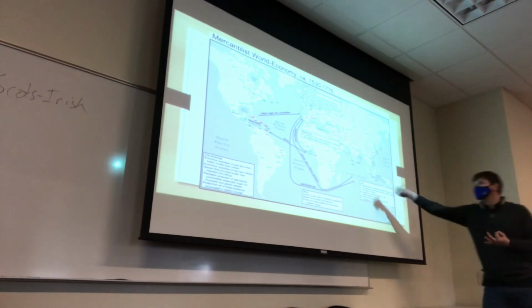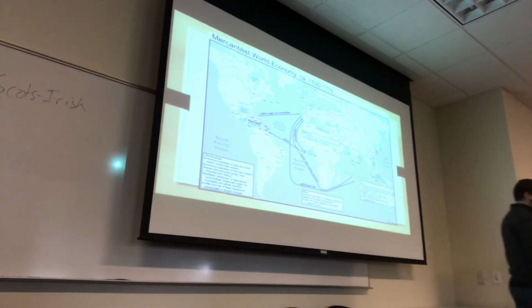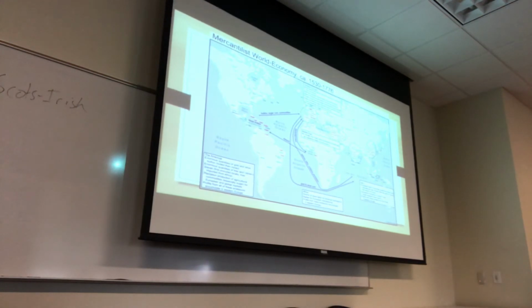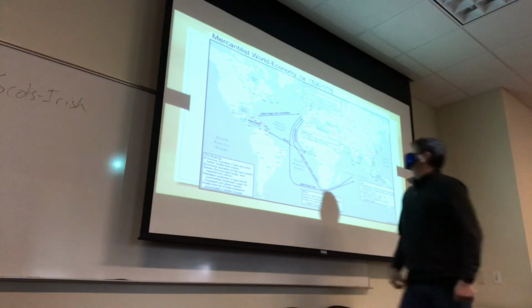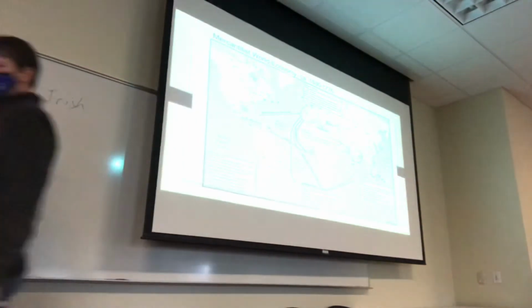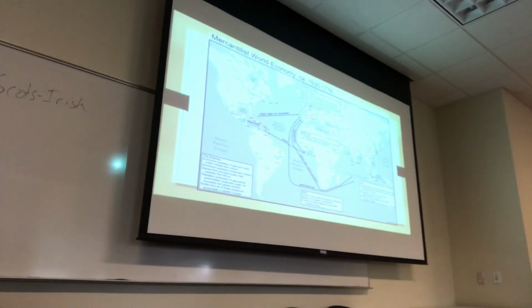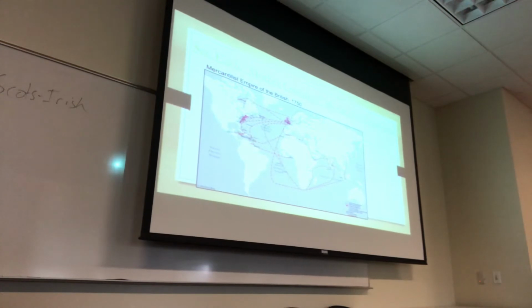Tea from India. So there are raw materials from other parts of the empire that can be sold into the American colonies too, and by proxy it works the other way too. You can sell into India goods produced in America. And this shows you kind of the mercantilist world economy, and then subsequently, I think, there's a map for each